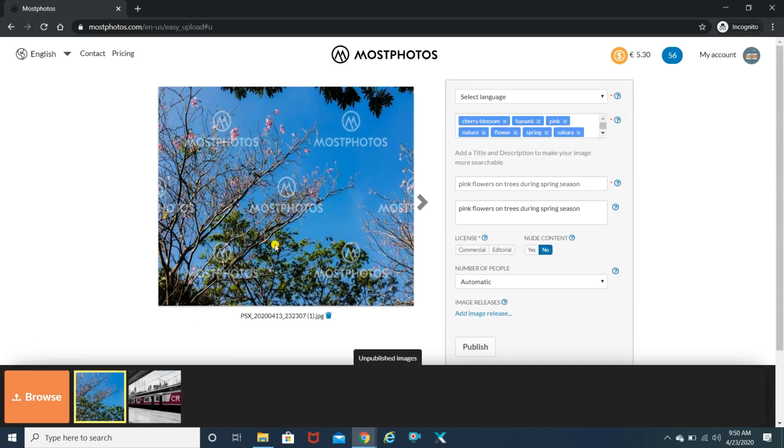So once the images have been processed, as I said, I have already added the tags and the metadata. So tags and metadata is just title and description and these particular tags which help the buyers to search your images on this particular platform. So that half of our work is done because I added those tags. I'm just going to select language here as English,